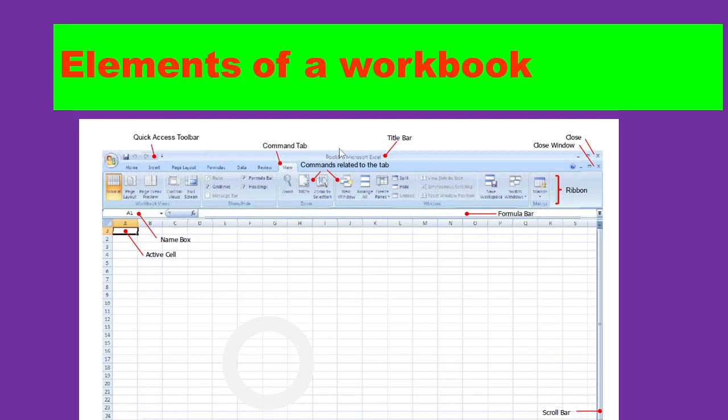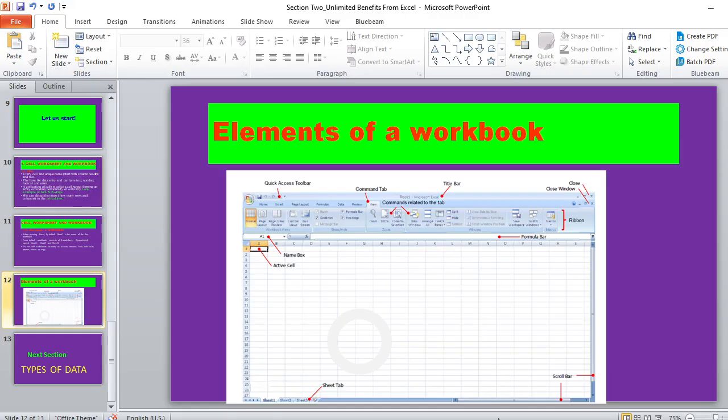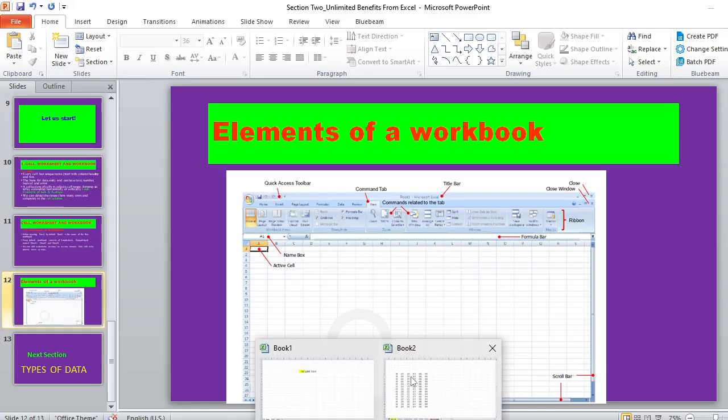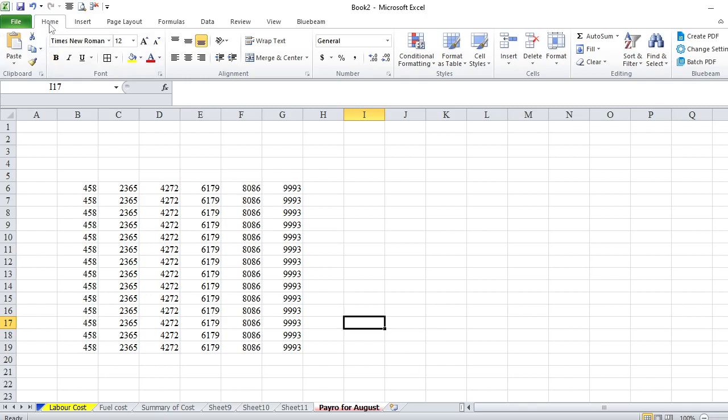When you open these menu bars, there are a lot of commands that fall under them. For example, we are at Home now. The menu bar is Home. So under Home, all these things are manipulated.